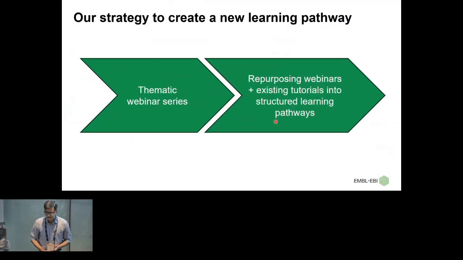The next thing is you record all those webinars, repurpose them, and mix them with the existing tutorials that are aligned with the theme, and then create a structured learning pathway. So the strategy is as simple as that. Essentially I could stop my presentation here, but I will go into a little bit of detail.